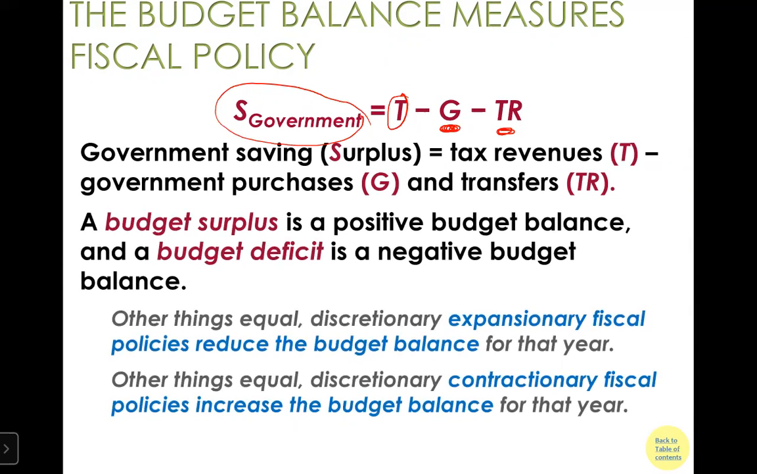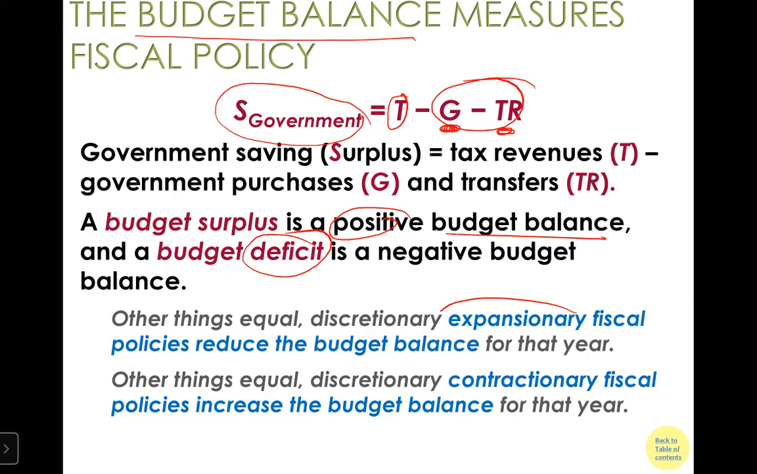A budget surplus, as I explained in the previous slide, is a positive budget balance, meaning T is greater than the summation of the last two terms. On the other hand, a deficit means you have a negative budget balance, meaning T is less than the summation of G and TR. Okay. So now we can link the deficit or surplus, the budget balance, with the earlier things we discussed,